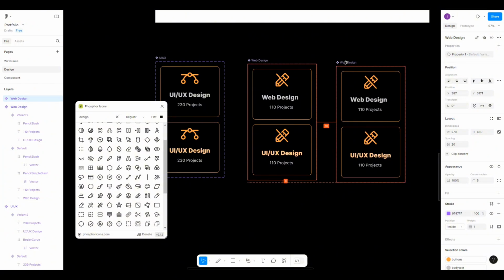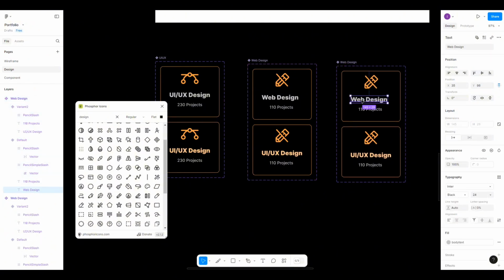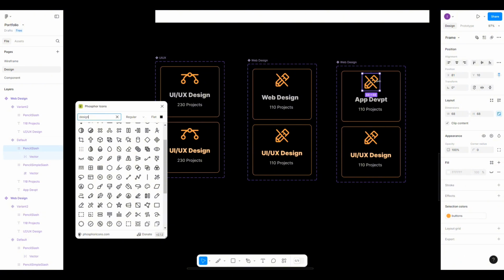let's duplicate one more and change it to app development. That's too long, so I'm gonna close the other part and just abbreviate it. Alright, so align it to the center. Delete that part again, and